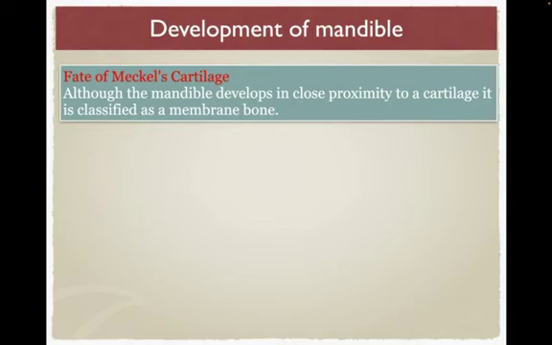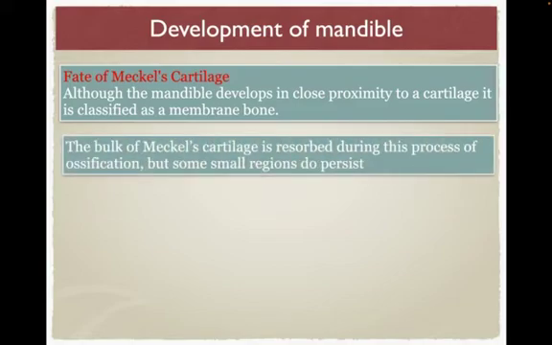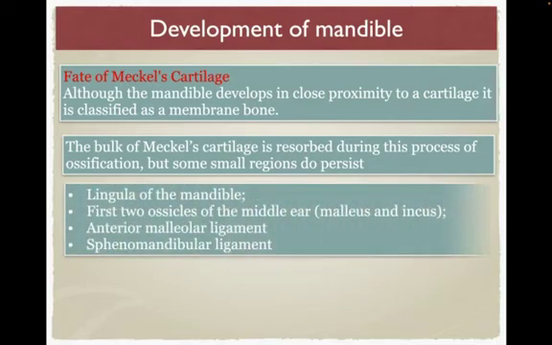It's made of cartilage, and the mandible is endochondral ossification. However, research has shown that the bulk of Meckel's cartilage will resorb during the process of ossification, and the ossification will start just medial to the place of Meckel's cartilage, and Meckel's cartilage will not contribute to the mandible